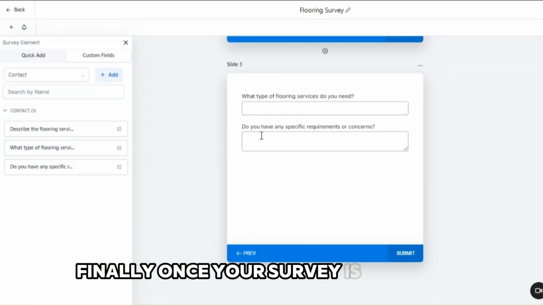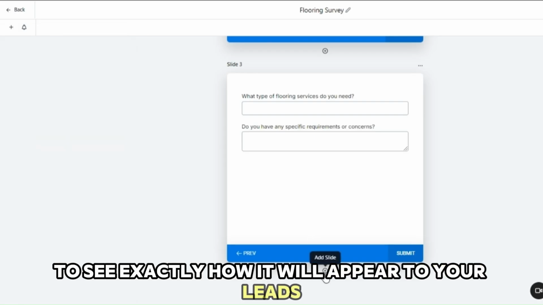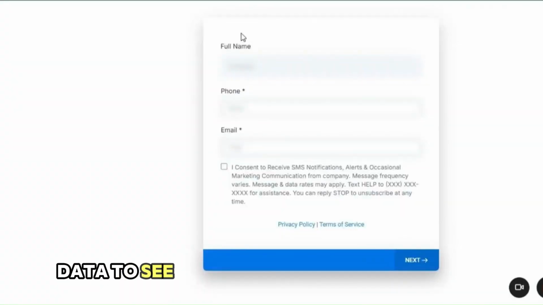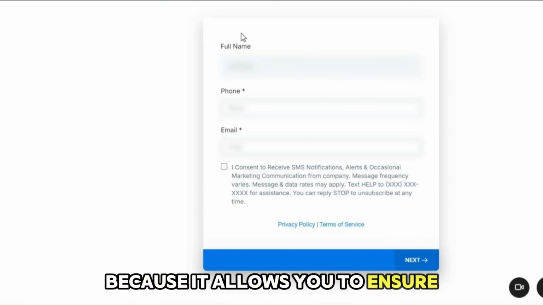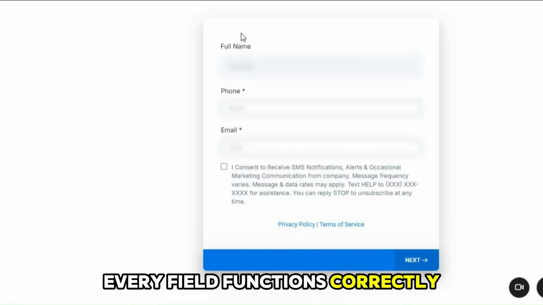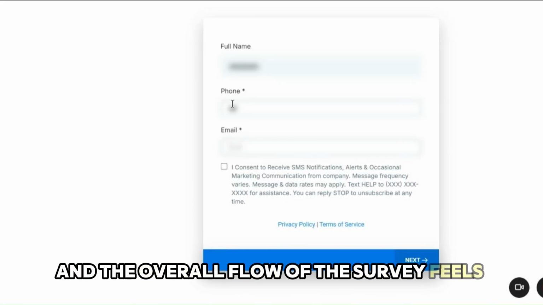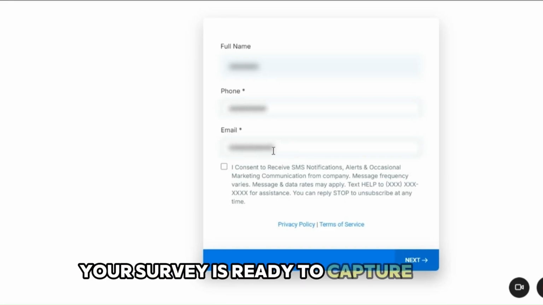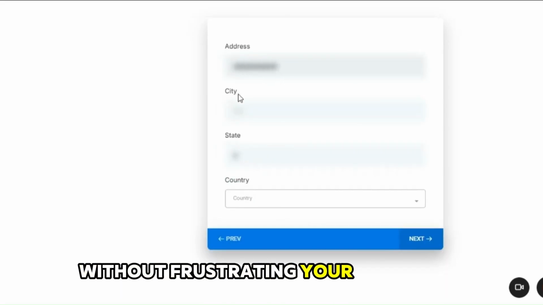Finally, once your survey is complete, click Save. To see exactly how it will appear to your leads, integrate to open the live survey. You can even enter test data to see exactly how it will work for your leads before sharing it publicly. This step is crucial because it allows you to ensure every field functions correctly, every message displays as intended, and the overall flow of the survey feels natural. When everything works seamlessly, your survey is ready to capture high-quality leads efficiently and professionally without frustrating your potential clients